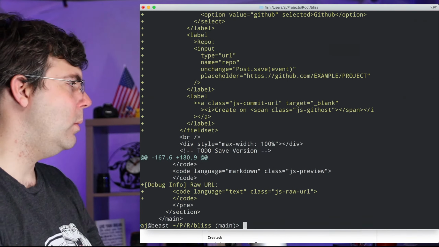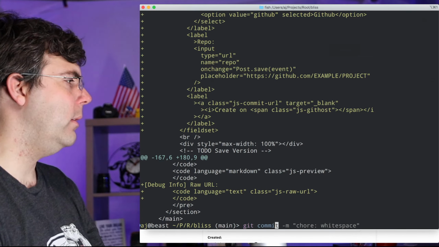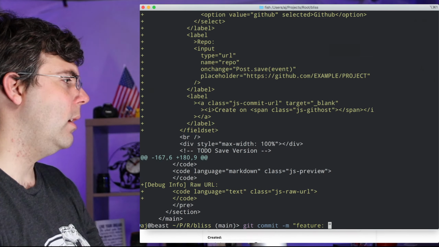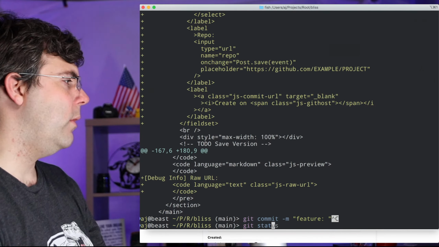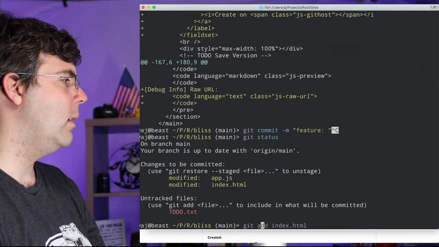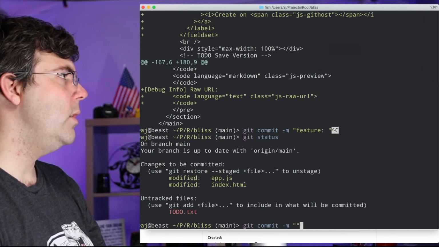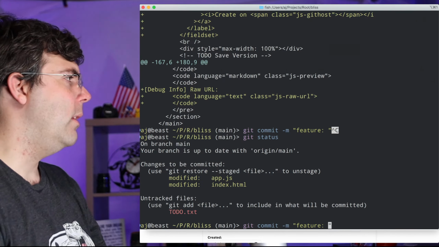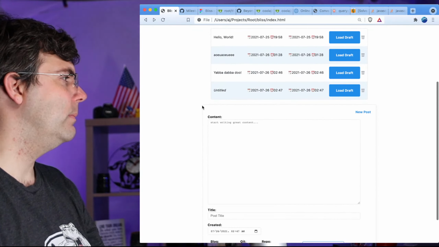Yep. Cool beans. So what the heck do I call this? This is definitely a feature commit. And what I did was, well, first let me check status. Was there anything else? No. So this is definitely a feature commit. And the feature is,